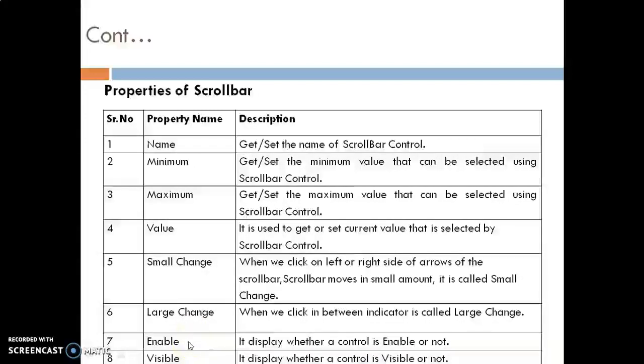Then enable, as usual, whenever enable property is false, then user cannot interact with it, and enable is true, then user can use the control. And last property is visible. It is used for visibility purpose.